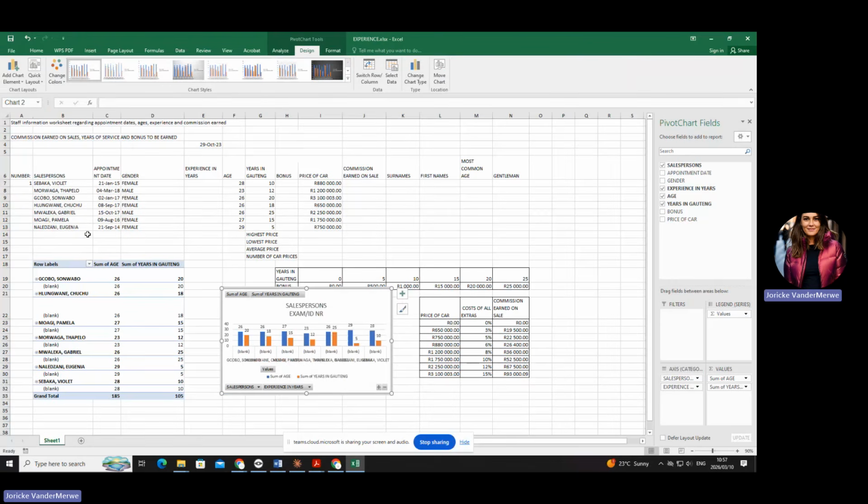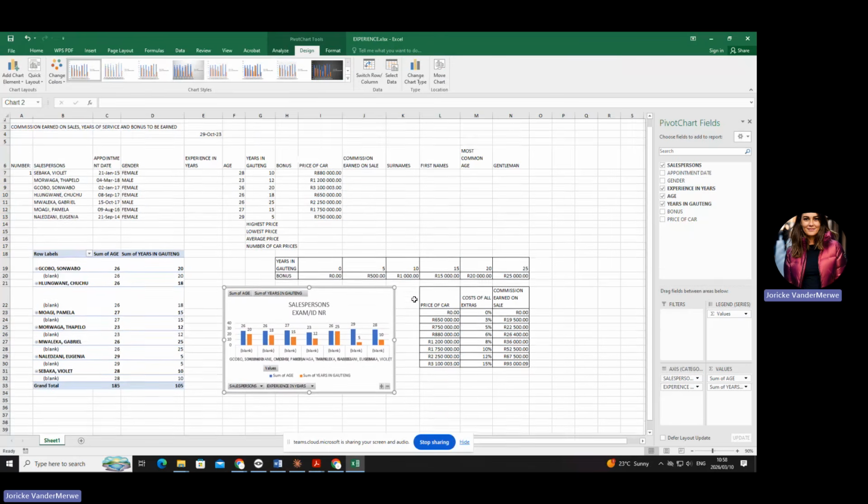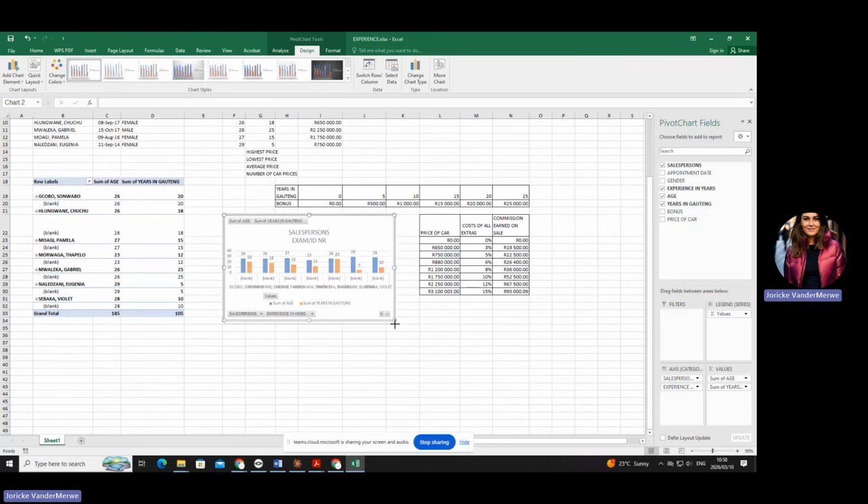Then it's asking you to change the age data range in the graph. Okay. Now I'm just going to move it a little bit. I think it can be a little bit bigger. Let me just say K35. So it can be a little bit bigger than what it is currently.